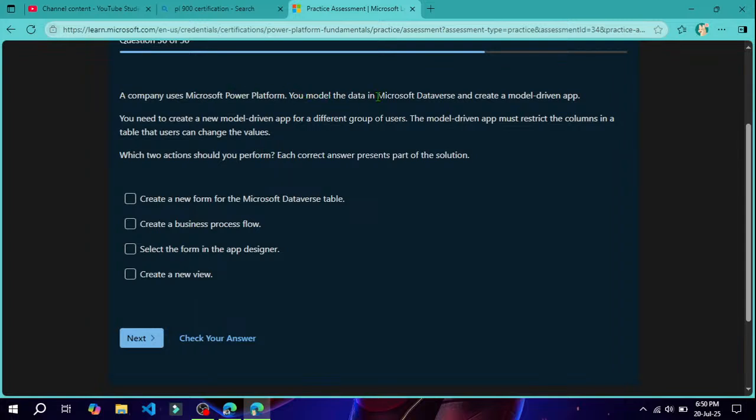The next question is: a company uses Microsoft Power Platform. You model the data in Microsoft Dataverse and create a model-driven app. You need to create a new model-driven app for a different group of users. The model-driven app must restrict the columns in a table whose values the user can change. So which are the two actions